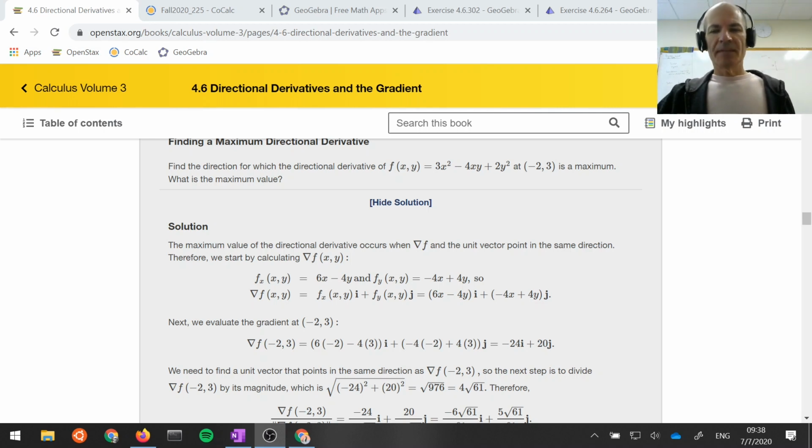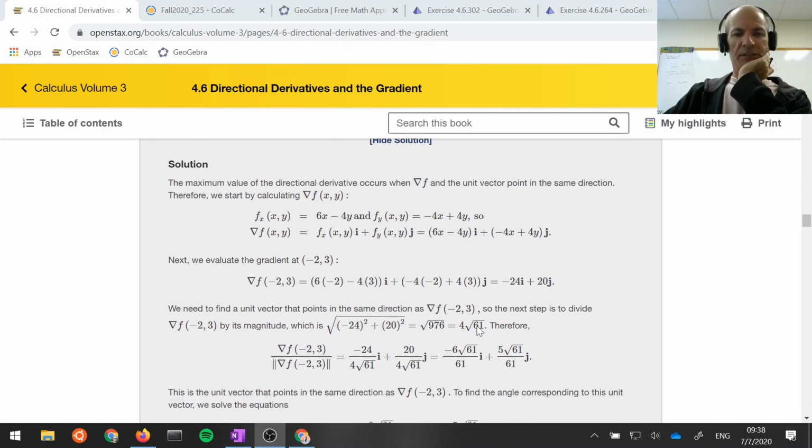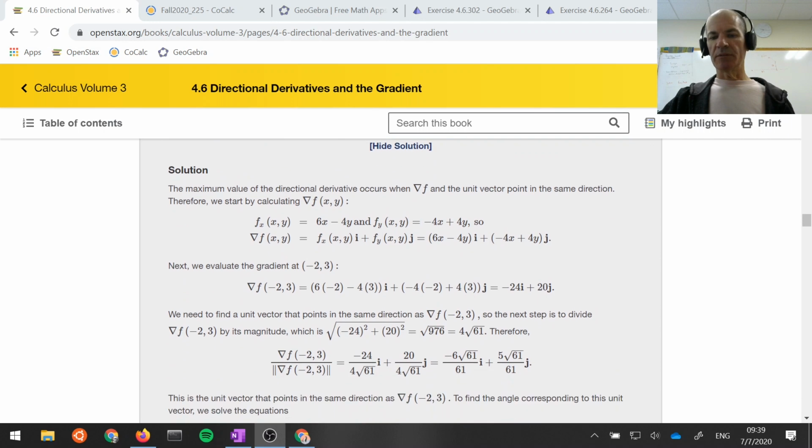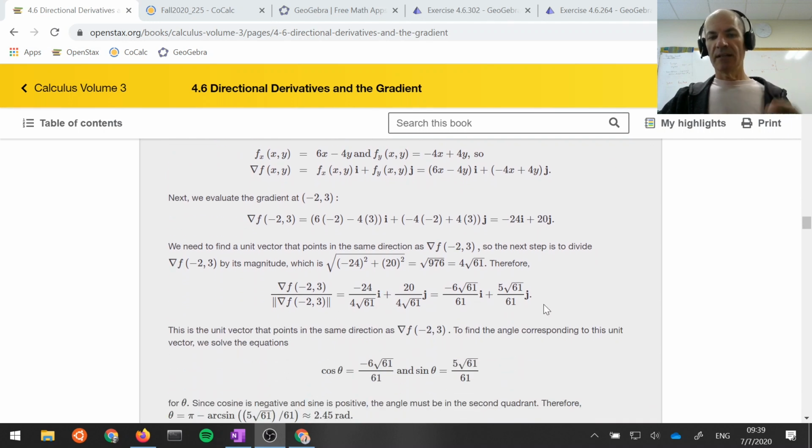Okay, sorry about that. You know, there's sort of this long discussion finding the direction of maximum change or the maximum value of the directional derivative, and the authors are going through here and finding not only the maximum value of the directional derivative, but computing the unit vector in that direction, and that's fine. We know that the gradient points in the direction of maximum change. So we compute the gradient, we plug in -2, 3, and we get this vector. They're going through the process of finding the unit vector, and that's simply taking this vector and dividing by the magnitude being, in this case, 4 root 61,